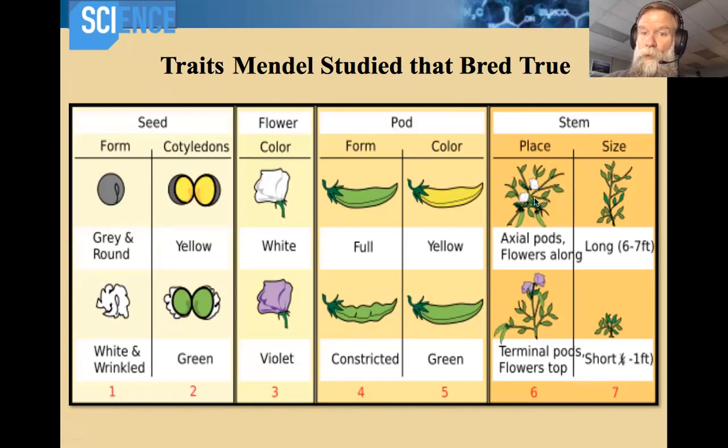It seemed to be true for where the flowers grew on the plant, whether the flowers were terminal or whether the flowers were axial, in the axes of the branches. One of those was dominant over the other. For color of the pod, for shape of the pod, for color of the flower, color of the seeds, and for shape of the seeds. And so all of these traits, true breeding traits that seemed to always have one or the other, no intermediate forms. So it occurred to him, we get